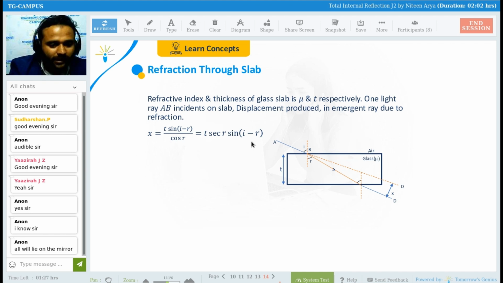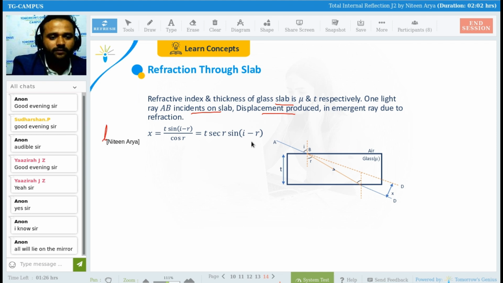So what we are going to find? You don't necessarily need it, because to give you everything I would need to tell you so much geometry, trigonometry, and so on. So I don't want to, neither is it necessary. The refractive index and thickness of a glass slab are mu and t. If the refractive index of the glass is mu and the thickness is t, one light ray AB is incident on the slab, and the displacement produced in the emergent ray due to refraction